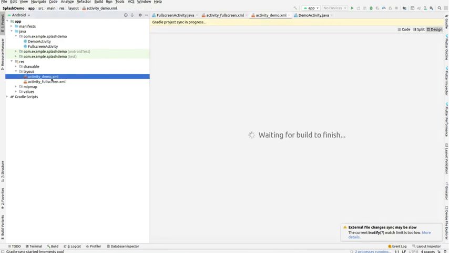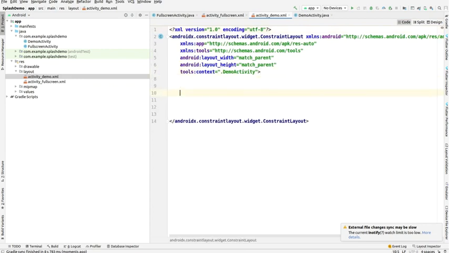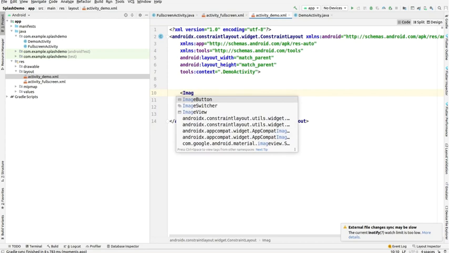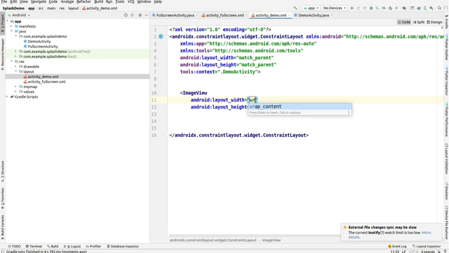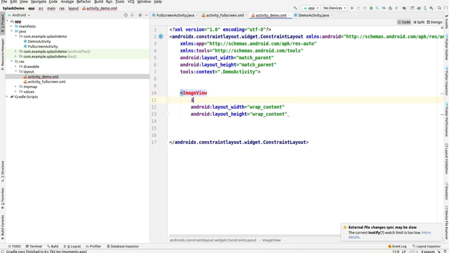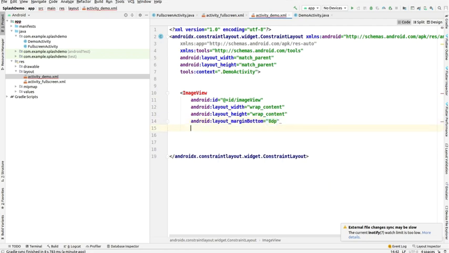So now I am in the XML of the new activity and here I have to add an image view. Let me add it here. So here I am adding the image view and it will appear in the suggestions. Okay, let me choose the width and height as wrap content and wrap content. After that I have to give the ID for this image view. So here I'll give the ID as imageView and then I have to give some more properties like